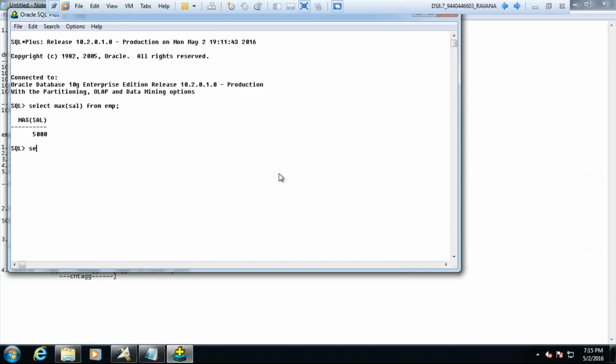Okay, so if I write select max of sal, comma count of star from employee, I will get like this. So this is the same I need in DataStage. That is what I'm asking you. Now you are saying where clause. Where is the where clause used?